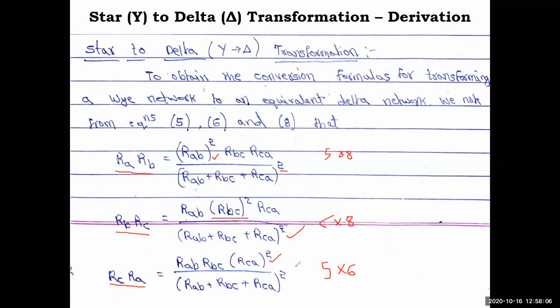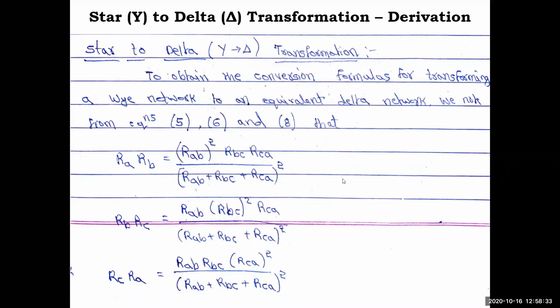So just you perform that, since it is an online class, we could not draw and show you. I can tell you the steps, so you have to make them out in the notebook. Okay, so this is about the 3 sets of equations I got. So now I will try to add these 3 equations in the next step to get the RBC, RCA and RAB. Okay, that is our intention.